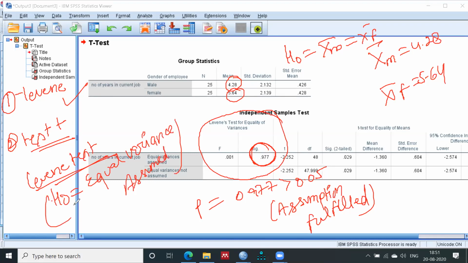This is the null hypothesis of Levene's test. In this condition, my p-value is greater than alpha, so my null will be accepted. So the assumption is fulfilled. If your assumption is fulfilled, then the first row is the one to test. I will check only the first one, because this hypothesis is accepted.